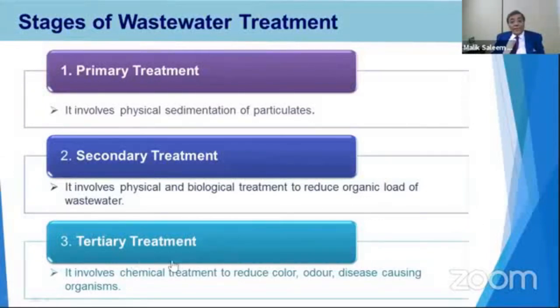And now then comes the tertiary treatment. After the biological treatment, we go with the tertiary treatment. In the tertiary treatment, we reduce the color and odor. Sometimes we are doing the chlorination. Sometimes we are doing the filtration, ozonation, or adding the chemical hydrogen peroxide, that is an oxidizing agent, or ozonation,